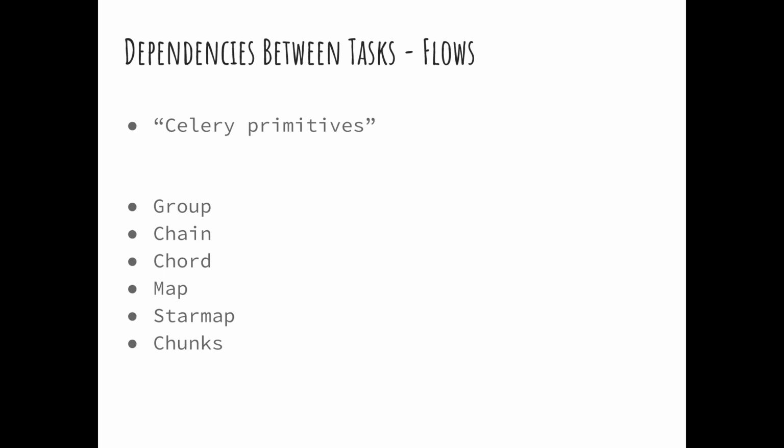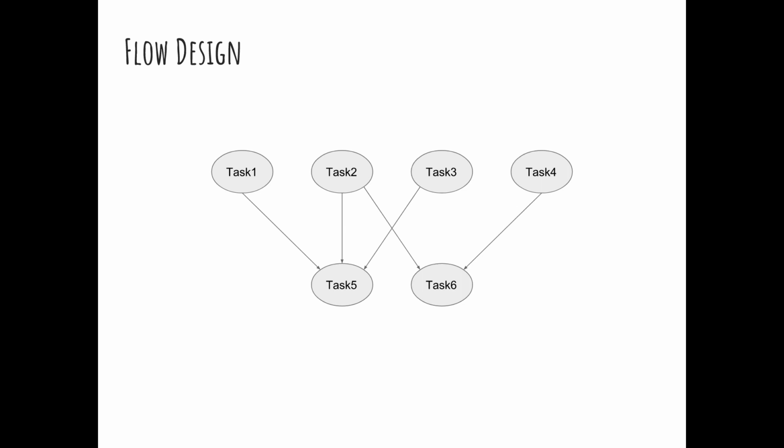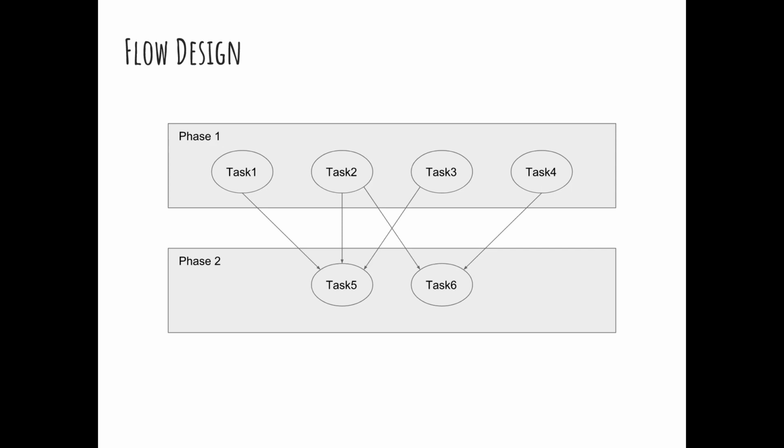Okay, so let's do it. We have this initial flow design and we create something like phases. So we put task 1, task 2, task 3, task 4 all into one phase, and let's call it phase 1. After phase 1 finishes, meaning all tasks in this phase finish, we proceed to phase 2, where we run task 5 and task 6 all in parallel. Okay, so we have this flow design. This is doable in Celery. You create this flow, you state it